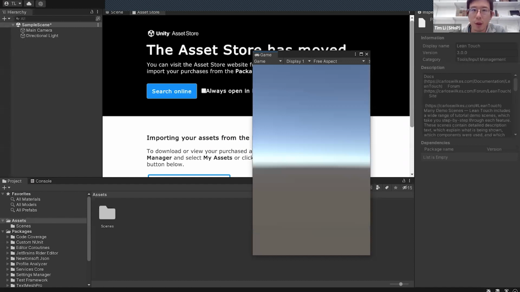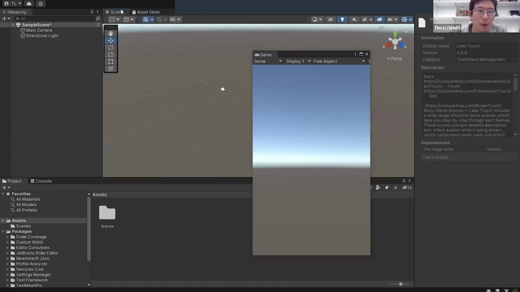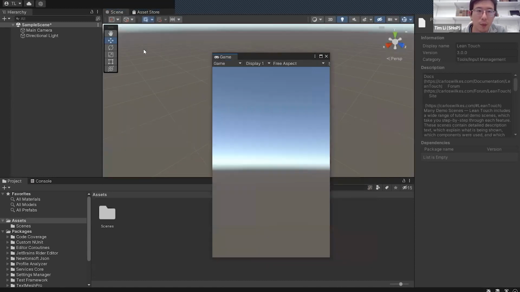I wish I'm on my laptop. Wish I had two screens to work on. Anyway,